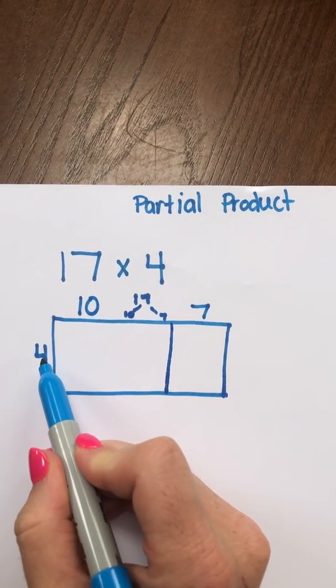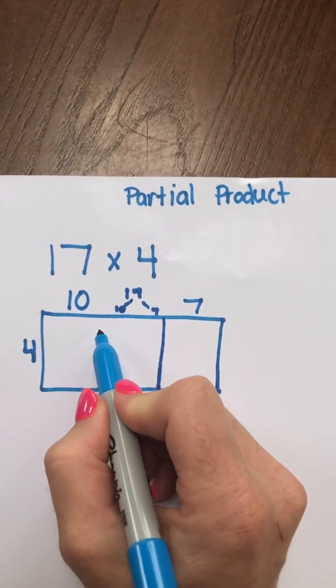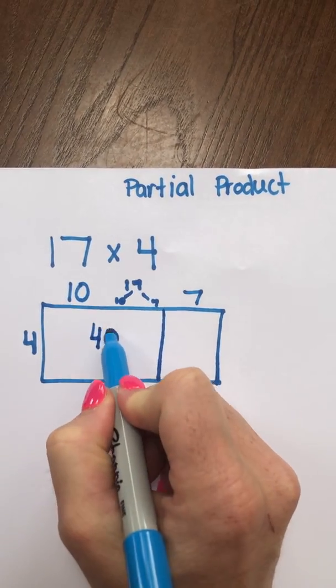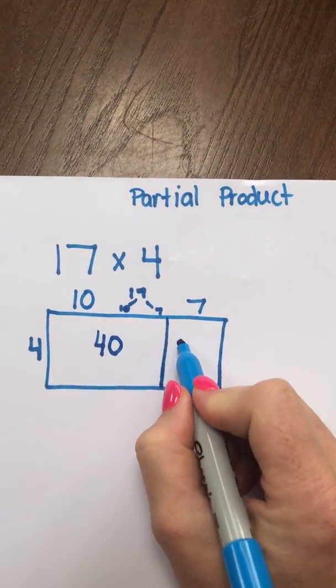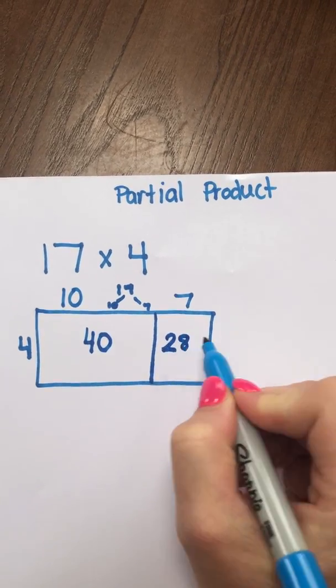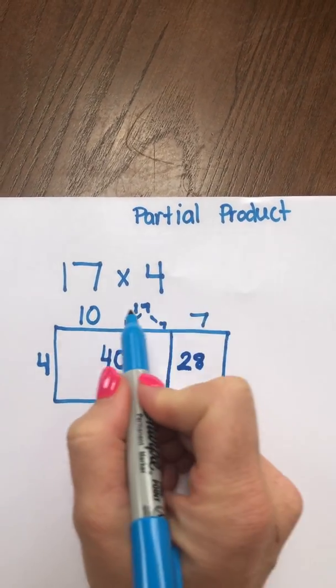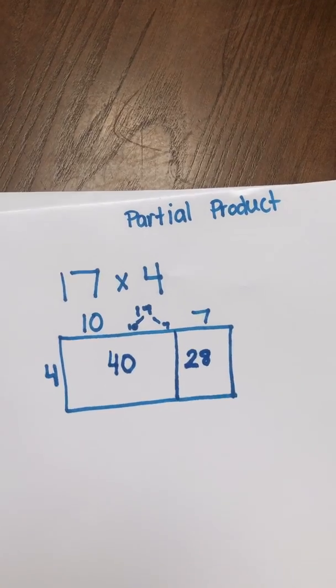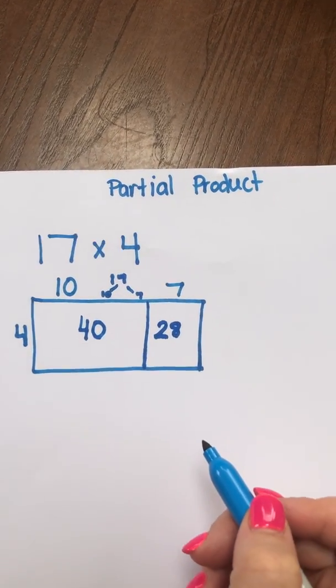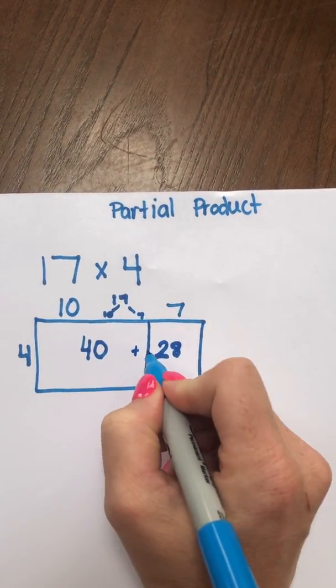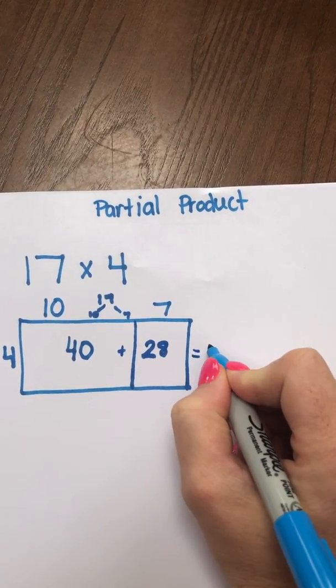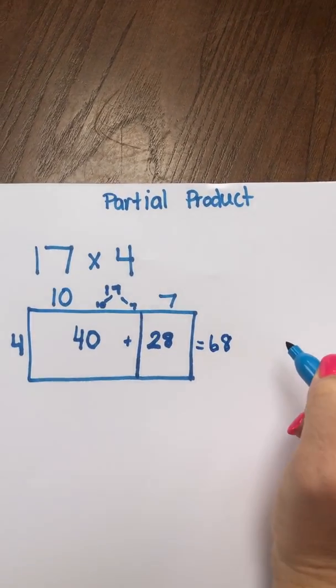Then I simply do the multiplication. So I would do 4 times 10 and write my answer inside the box. And 4 times 7, same thing. And then from there, at the very end, all you have to do is add up all the numbers inside the rectangle. So it would be 40 plus 28, which gives us 68, which we know, and that's your answer